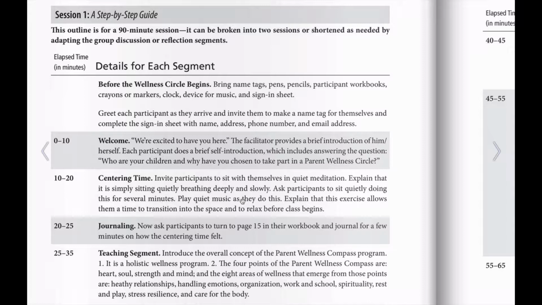We like to start with some kind of centering time and journaling, because that builds that into the opening part of each session that will follow. And it shows them experientially, without saying, that this is a group to slow down, to look beneath the surface, to listen to our deeper selves, and then to bring that into the circle,